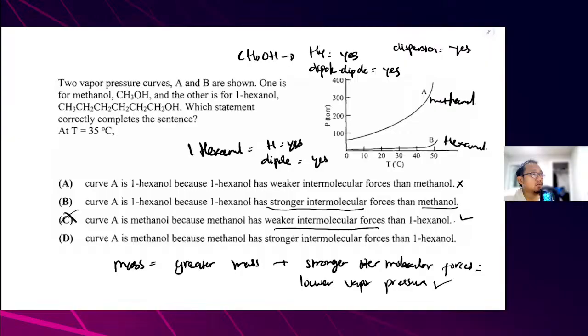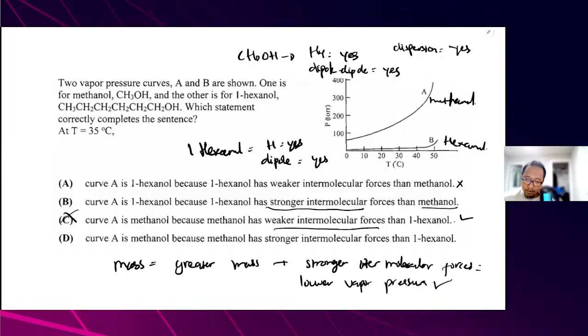The answer is C. How about A? A is incorrect because hexagonal has greater intermolecular forces. And then B is incorrect, because